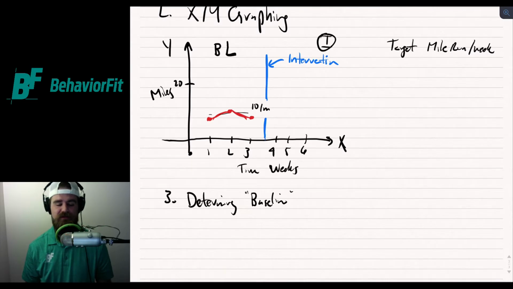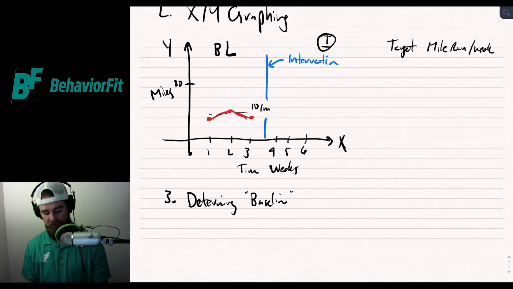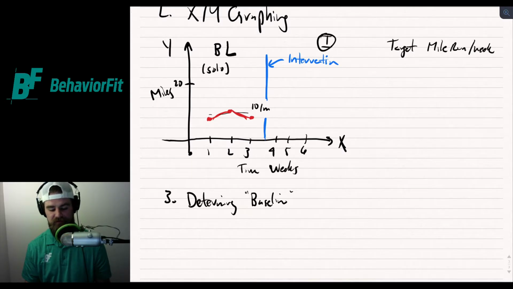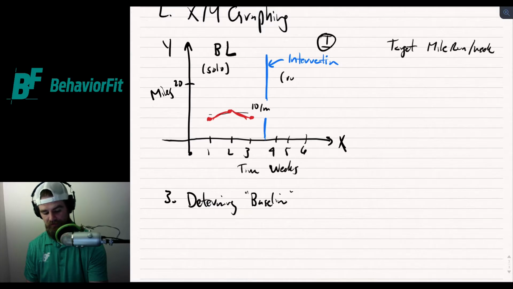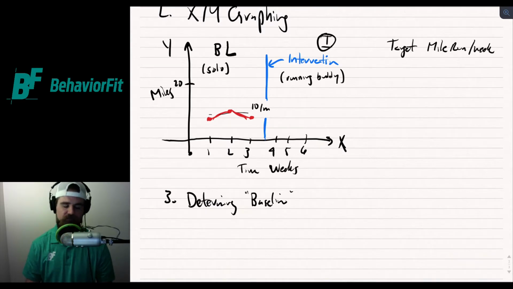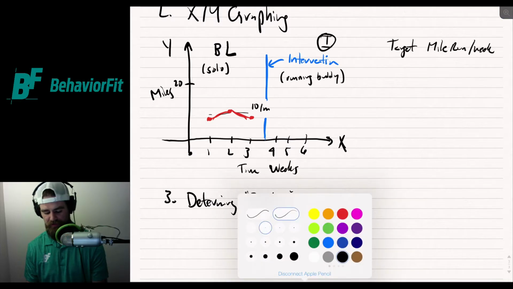What we're going to focus on, as far as making decisions, is whether this next intervention is meeting our goals, right? So let's just make up an intervention here. Let's say maybe a key component, a key ingredient. Let's say in baseline, we have running solo, running by yourself. And let's say the intervention now is that you found a running buddy. For argument's sake, let's say that person ran at the same pace as you.